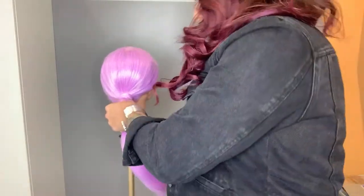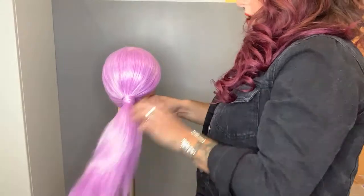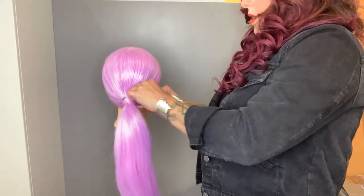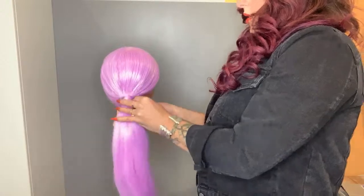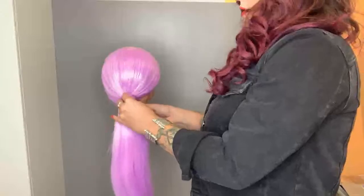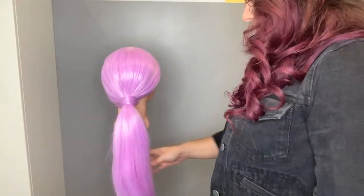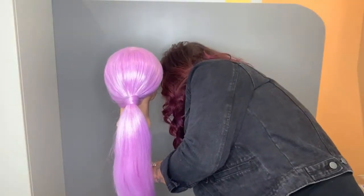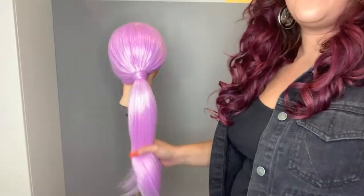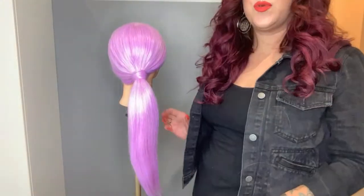Get my bobby pin. I'm gonna do the same wrapping thing we just did. Wrap it around the bobby pin and stick it up into our girl's head. Okay, ready? You guys all see that? I'm actually gonna raise her up just a bit, that way you can see the length. Okay. So this braid actually